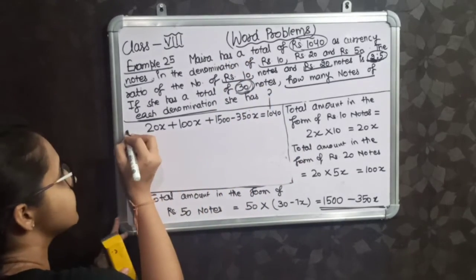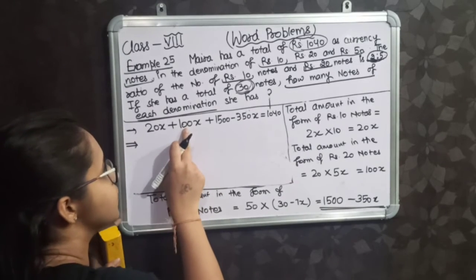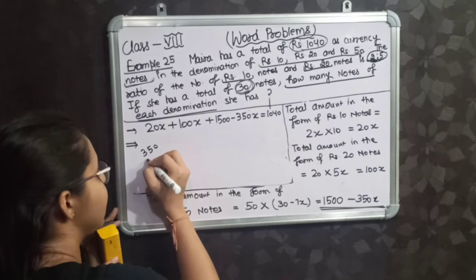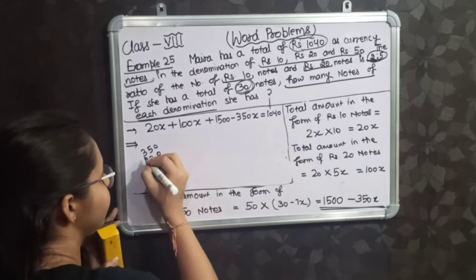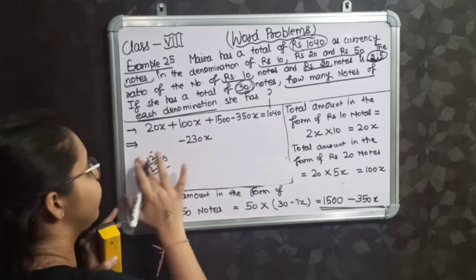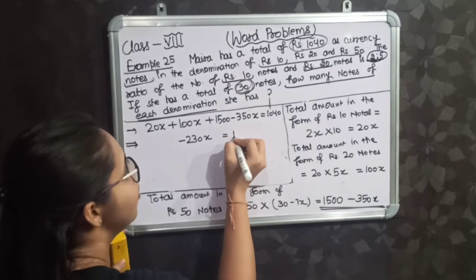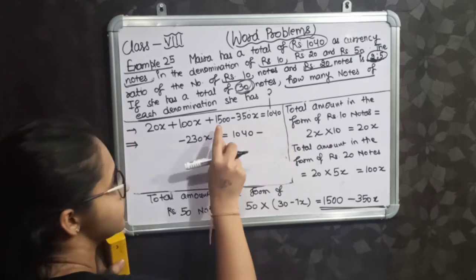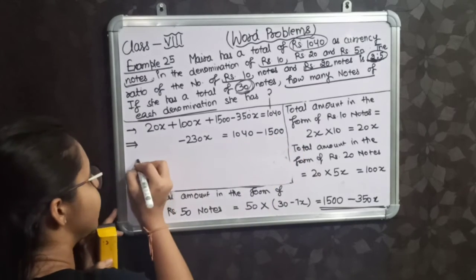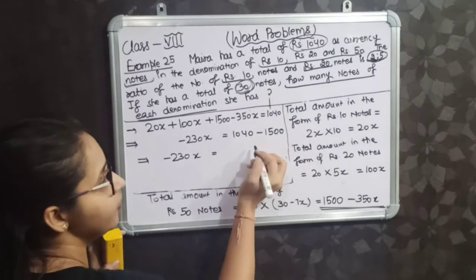Okay. Now, this is a linear equation. How will you solve this? You will first see 100 plus 20, 120x, minus 350x. So, 350 minus 120 will give you minus 230x. Why? Because 350 is larger than 120. Now come to the constants part. It is equal to 1040 minus, now this 1500 will come to that side with minus sign. So it will give you minus 230x is equal to